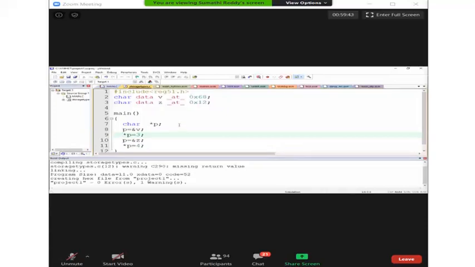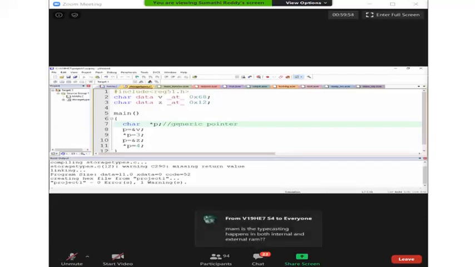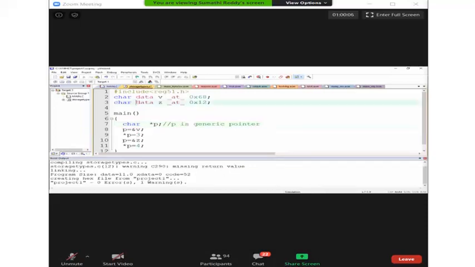This code will explain it, let me comment here: P is a generic pointer. Okay, did you take the snapshot? One you can keep as internal RAM, the other external RAM. Did you take it?